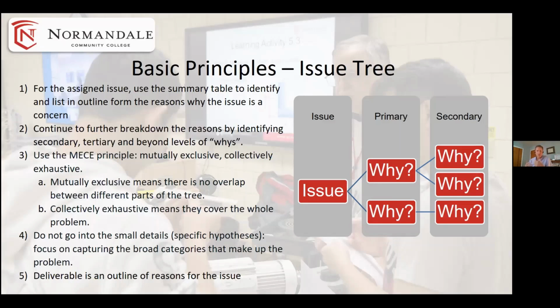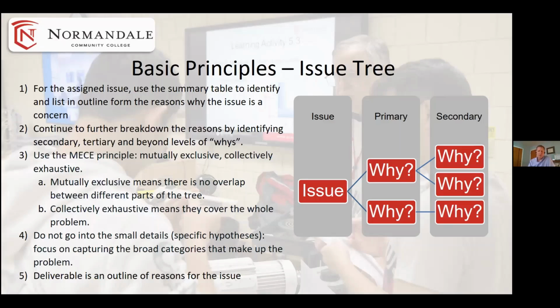We want to look at things like making sure that the reasons we come up with are both exhaustive and exclusive. If you find yourself overlapping, that's usually a sign that it's a secondary answer and not another primary one. And to avoid going into too much detail, this is kind of meant to just flesh this tree out to see where all the why questions are. And in the end, we'll have this one big shared document that has this information on there.